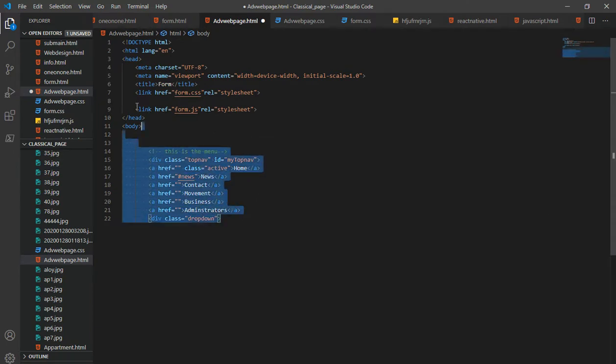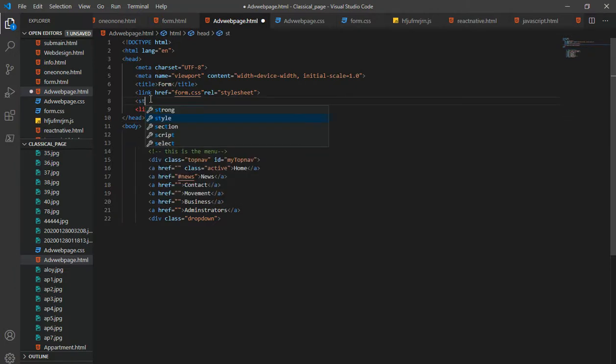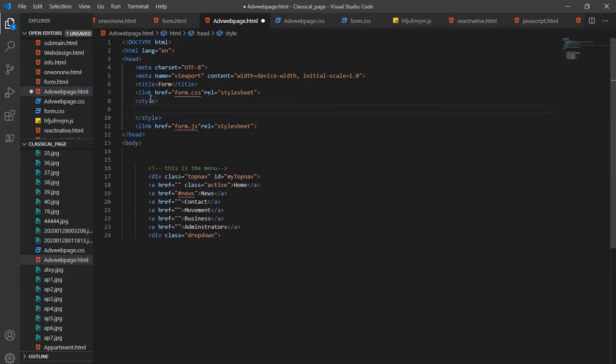So please read all of what you are seeing now, and then we can move to the next code. Maybe you don't want to read the link of this, and you just want to read all of your code on this page. So what some of us usually do is that we just paste style, and then like this you press OK. Now you see here,